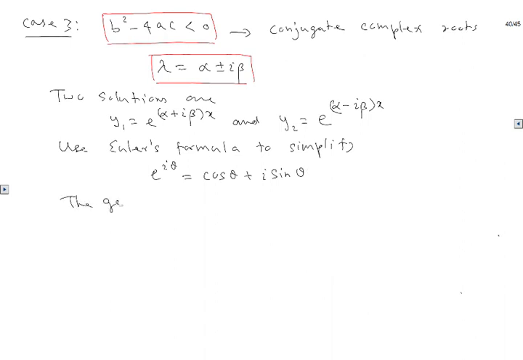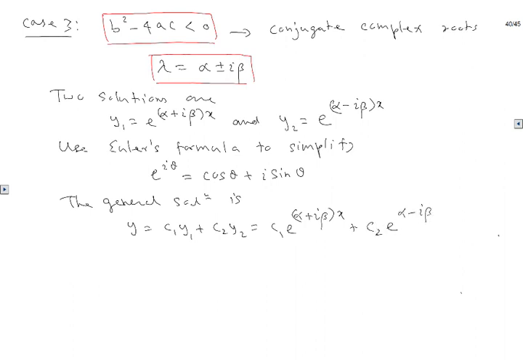So the general solution is y, which is c1 y1 plus c2 y2. So I'm going to plug it in. We plug into c1 e to the alpha plus i beta x plus c2 e to the alpha minus